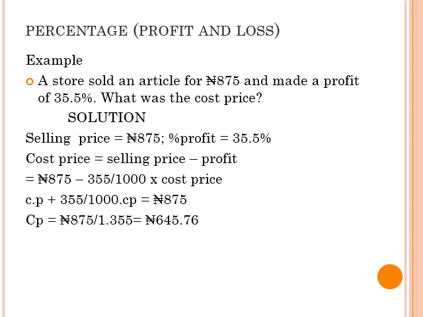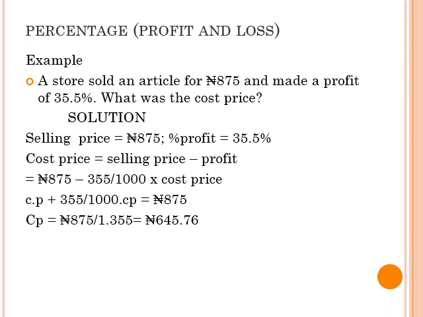355 over 1000 times the cost price will give us the profits. But the cost price is equal to 875 minus the profits. We are going to shorten it so that we don't get confused. We are going to use CP anywhere we see cost price. Anywhere you see CP, know that we are talking of cost price. So if we try to collect like terms so that we can make the CP, the cost price, the subject of the formula here,